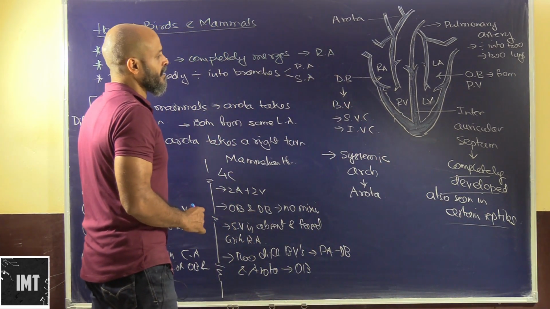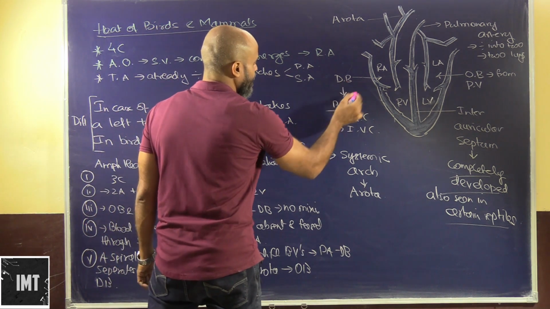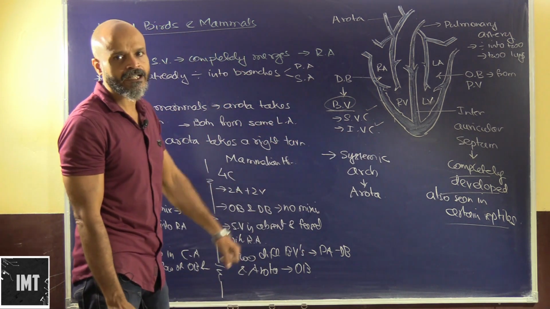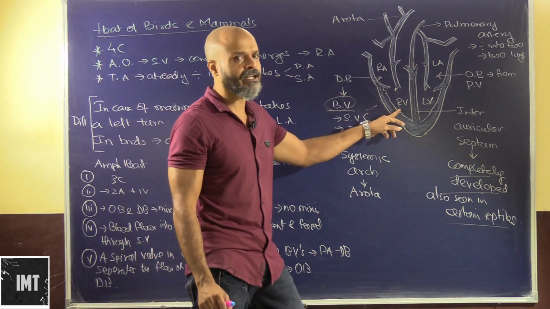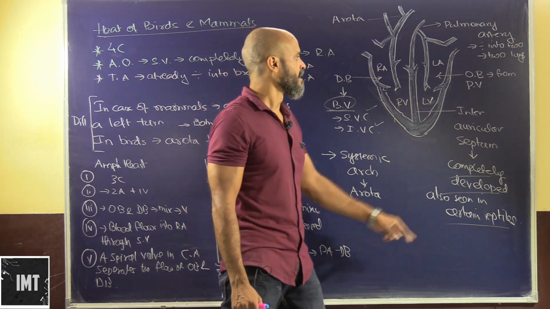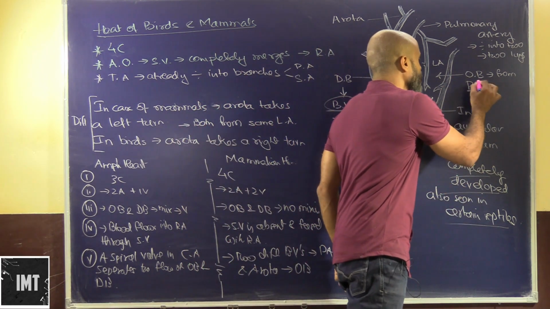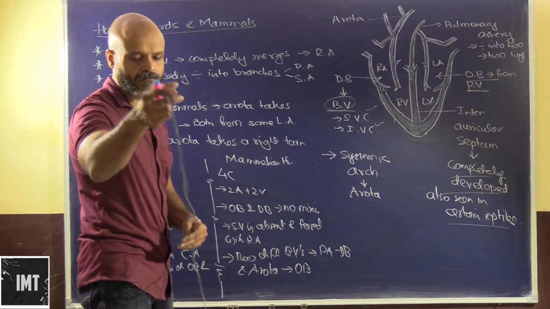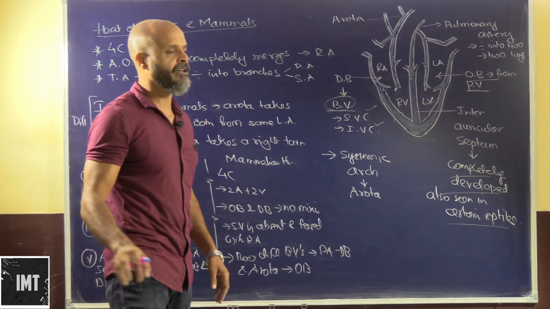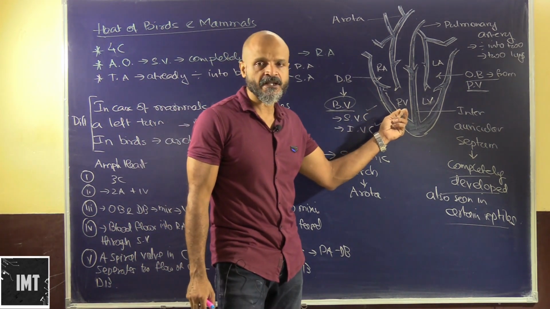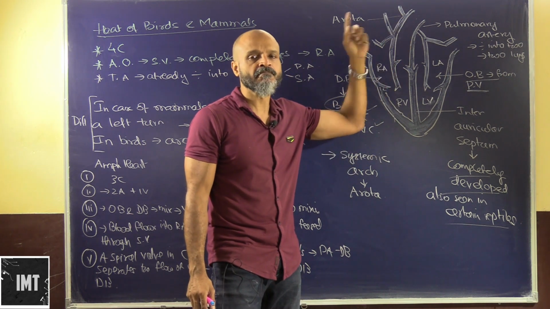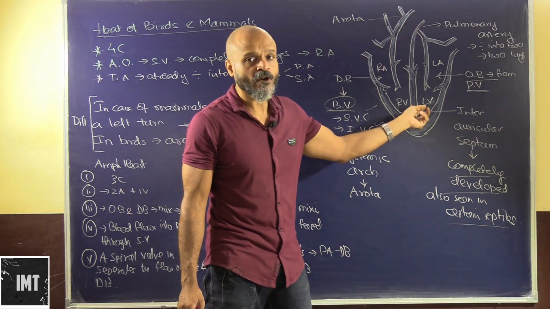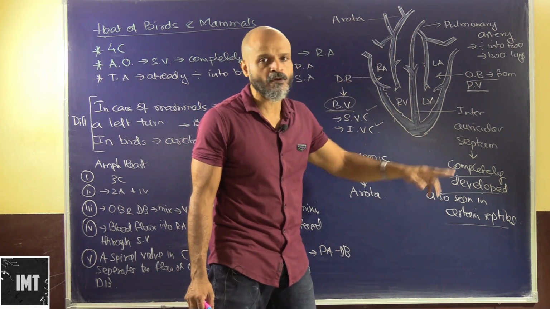Now the deoxygenated blood is basically carried by the different blood vessels, the superior vena cava and inferior vena cava, right up to the right atrium, and from here it enters the right ventricle. Now the oxygenated blood is carried from the pulmonary veins and it enters the left auricle. So basically the ventricle is pumping it with the same pressure. When the ventricle contracts, the deoxygenated blood at the same time is pumped into the lungs through the pulmonary artery, and at the same time the oxygenated blood is pumped through the aorta.